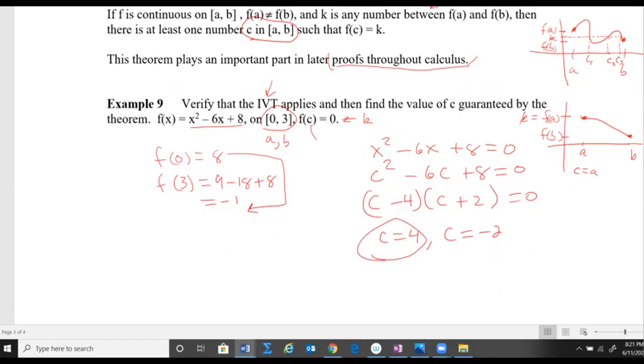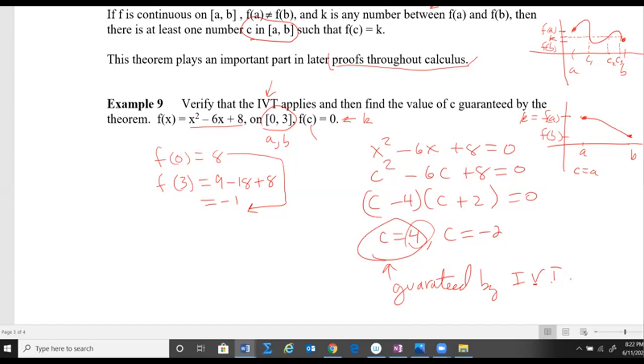This is the one that was guaranteed. Okay. Now, it happens to be another one, but it's not between our A and B. That's okay. It's still there, but this is the one that was guaranteed by the IVT. So don't worry about this other one here. The theorem did not say that we couldn't have other zeros. It just said that we're guaranteed to find one of them between